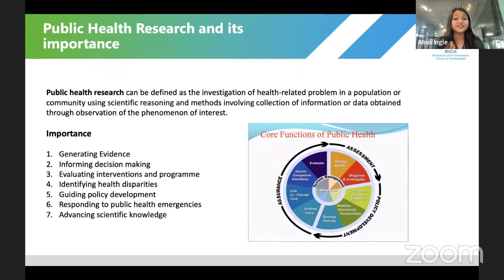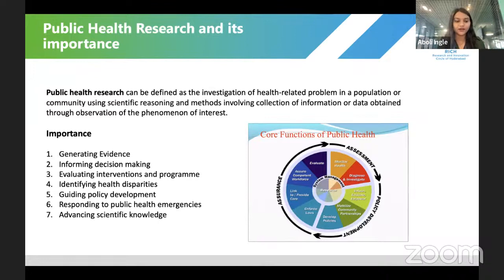Like what is the disease pattern? How exactly is the transmission dynamics? How is the transmission cycle? Whether the transmission is from human to human or from animal to human. So research helps us to understand the transmission dynamics here. And based on the findings of this research, we can have some effective control measures. So this is how research can be helpful in so many ways in the field of public health.